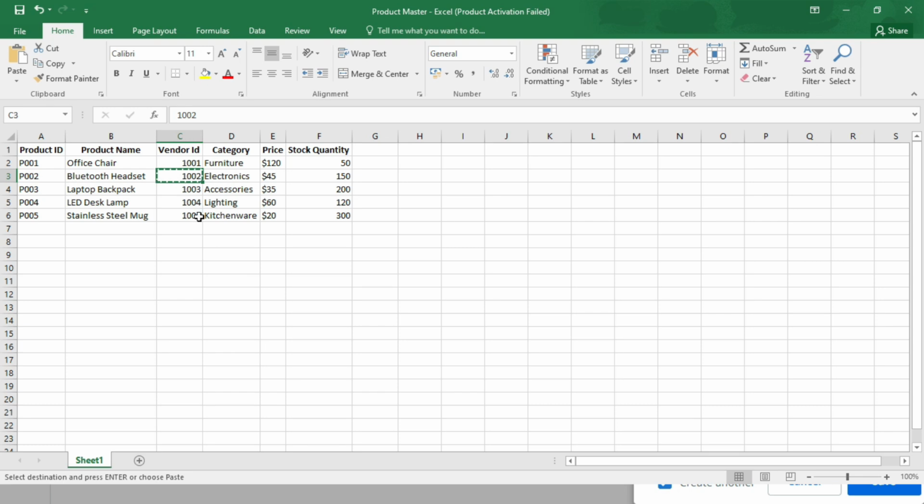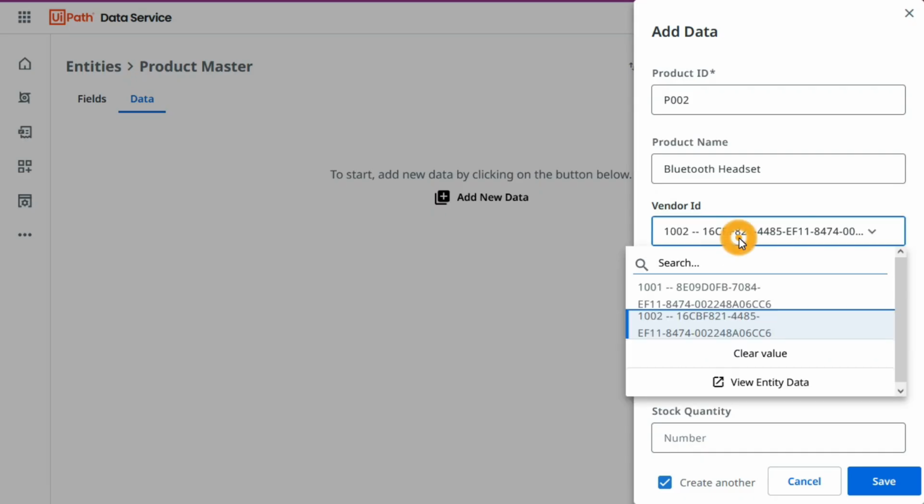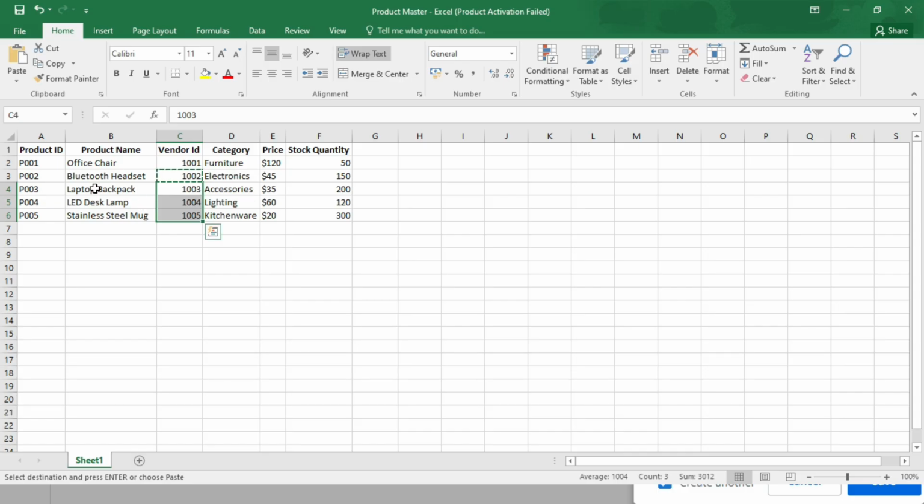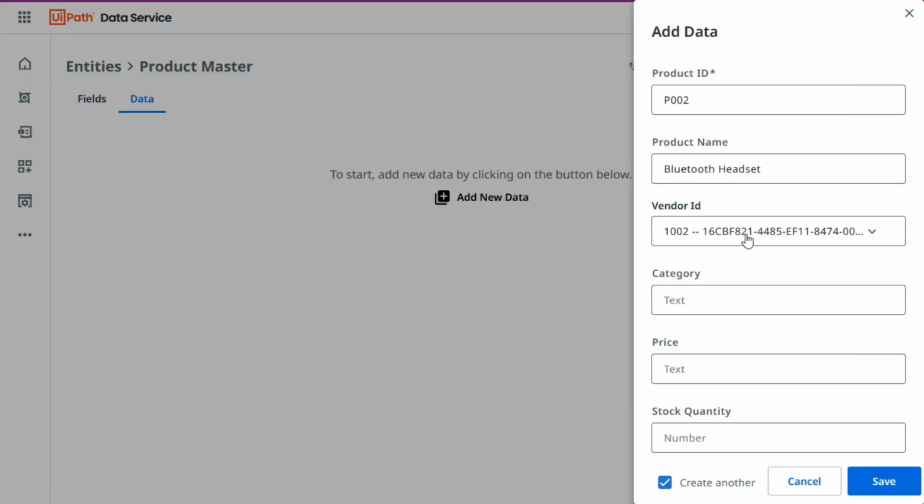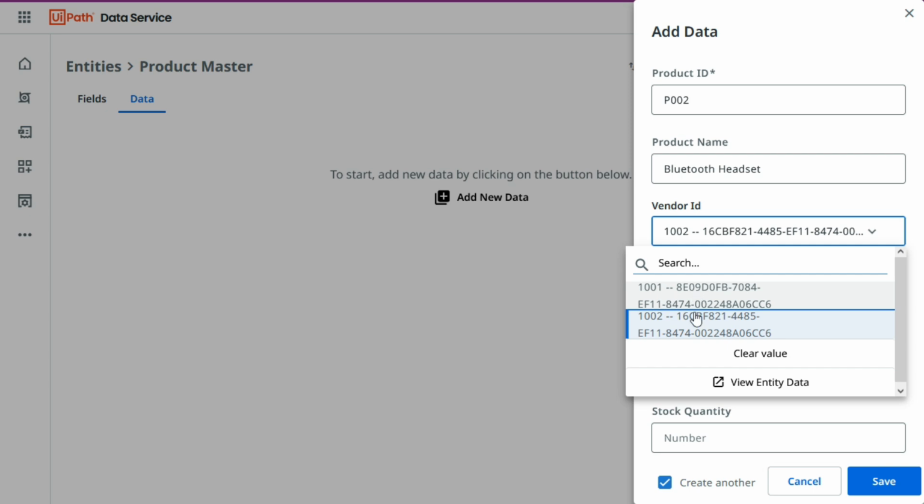So if you need to add these vendor IDs, first we should have the data added to the vendor master. If you need to add this data in the product master, then we should have the data added to the parent entity, the parent table, right? Then we can refer to it here. Otherwise you can start adding P03, 4, 5 like that, but you can only refer to these two records,